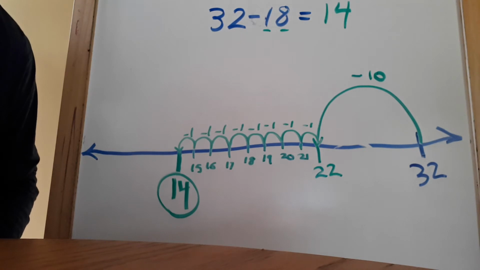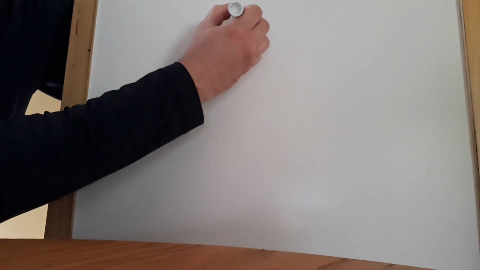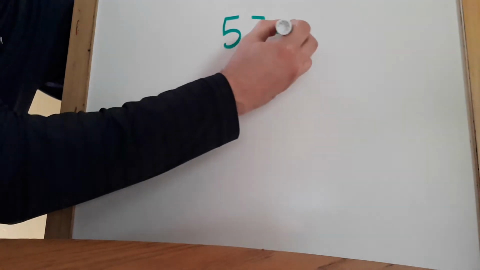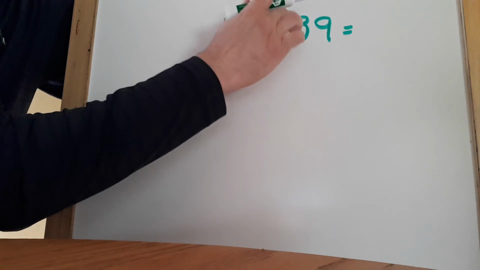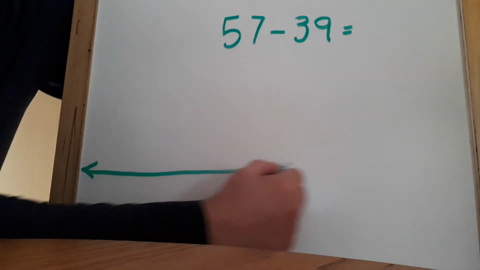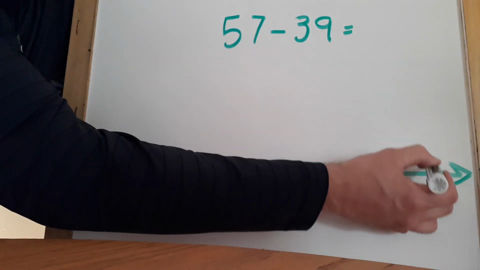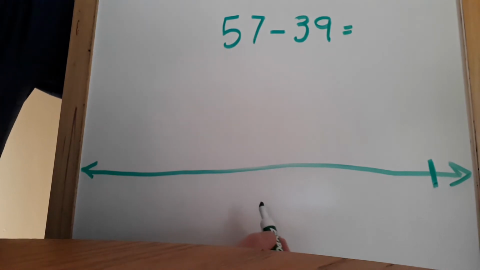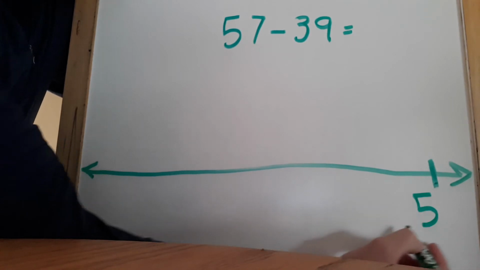All right, let's move on to our next question. So our next question might be something like 57 subtract 39. To solve this, I'm going to use my open number line. I'm going to start my tick marks on this side because I'm starting with the larger number and I'm going back to a smaller number,